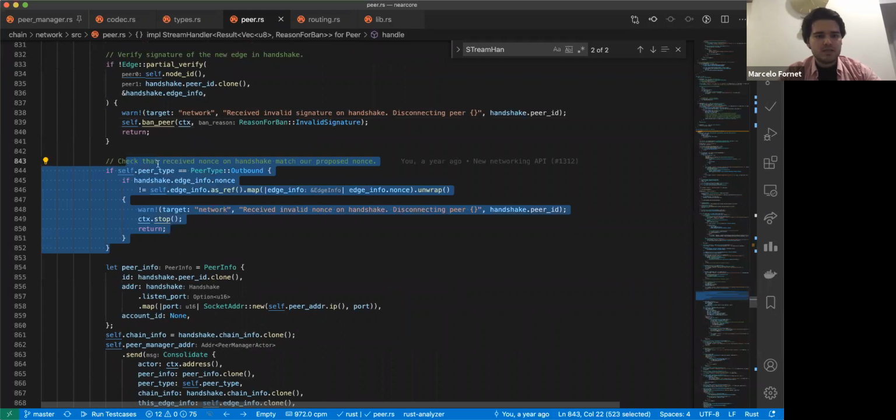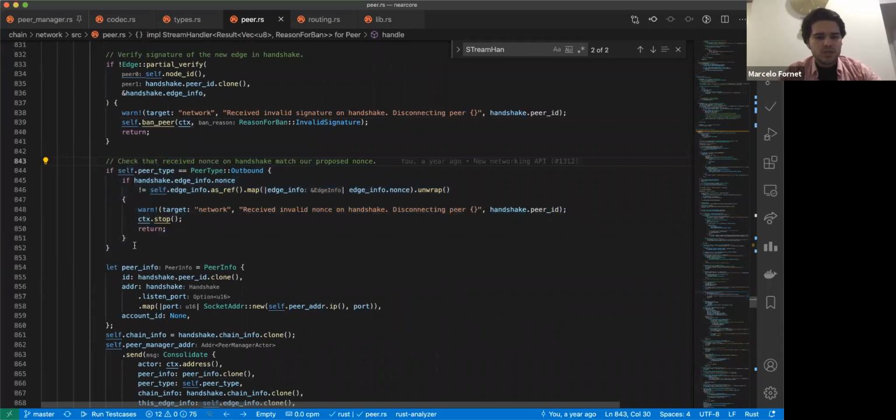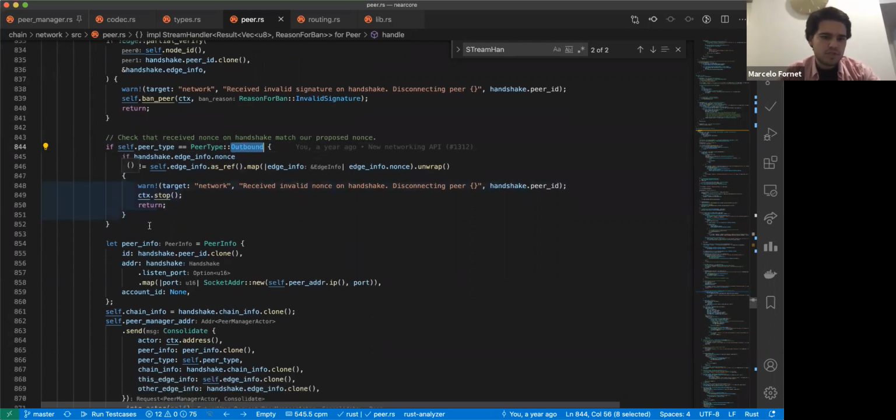Here we need to check that the nonces are correct. We have this complex logic that allows both peers to agree on the same nonce, and that this nonce is greater than the previous nonce between them. Right here, we just check that the nonce we will be using is the one we proposed, because if the peer type is outbound, we just send a handshake and we are receiving the second part of the handshake. We check this is correct,